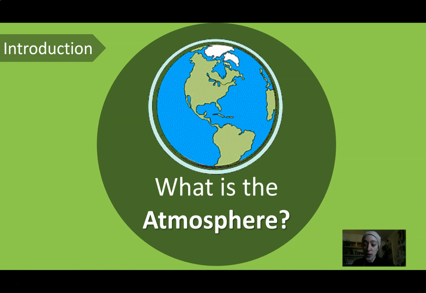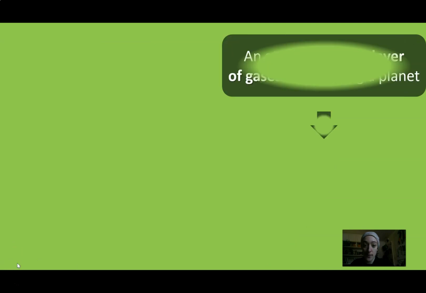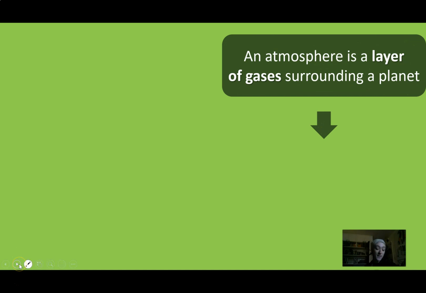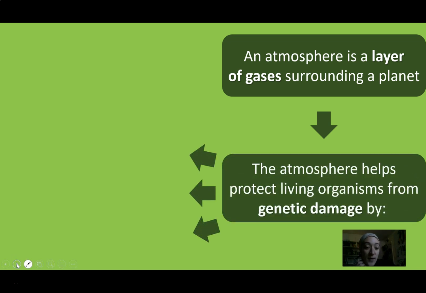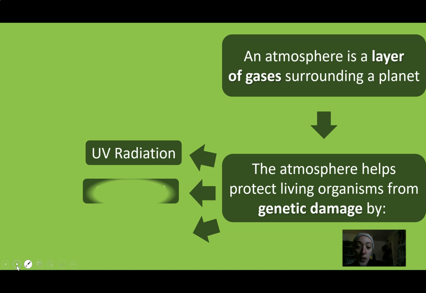Okay, so the first question, what is the atmosphere? And if my slides would cooperate here. There we go. Okay, so the atmosphere is a layer of gases surrounding a planet. Our planet, obviously, is planet Earth. The atmosphere helps protect living organisms by protecting it from UV radiation, solar wind,